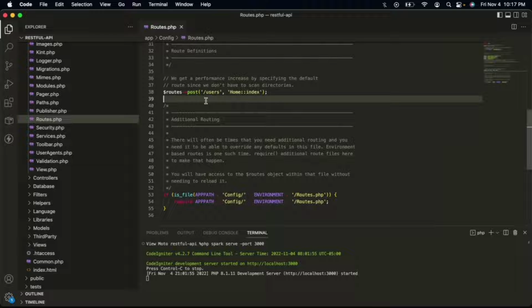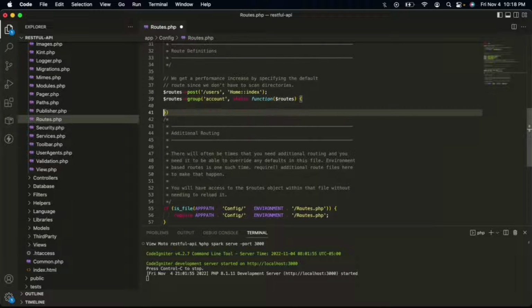sign up. Then let's type here $routes->group, and the first argument is the name of the group, which is account, and the second argument is a static function, and the argument for this function is $routes, then curly brackets, and then end tag. Inside of this group, we're going to put the